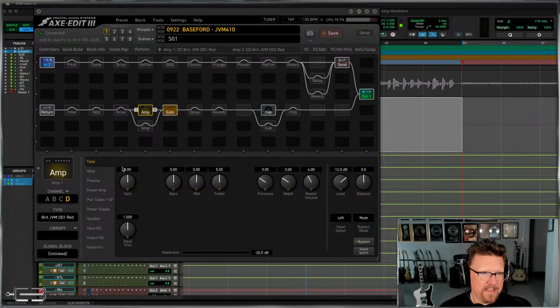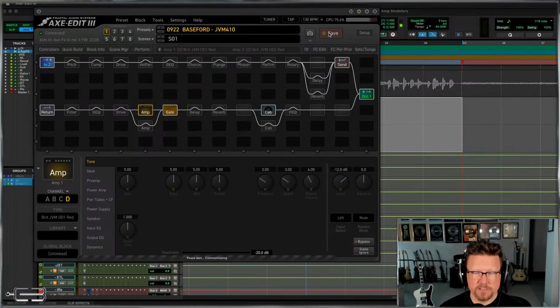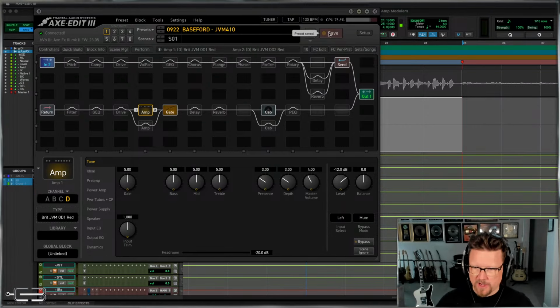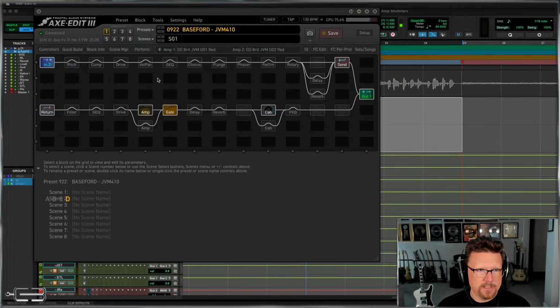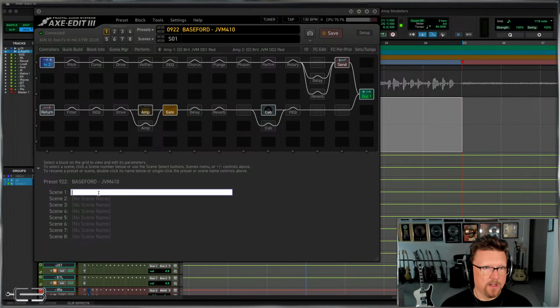We're going to go and save before we go any further, because this is the thing that can get a little confusing. We've got multiple amp blocks, we've got multiple channels, and we've got multiple scenes. What I want to do is I want my scenes to be something along the lines of this. So we're going to go JVM 410. Oh, we'll just call it JVM. We don't need to save for JVM 410. So we'll do JVM OD1